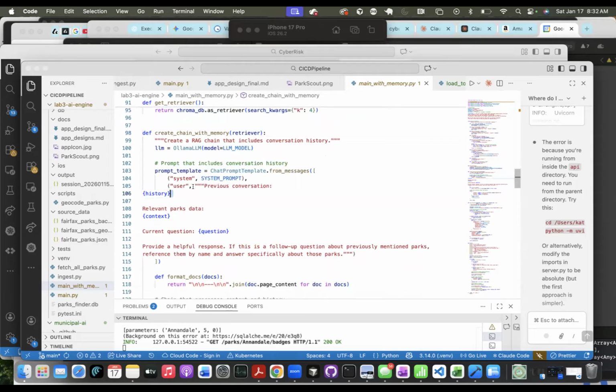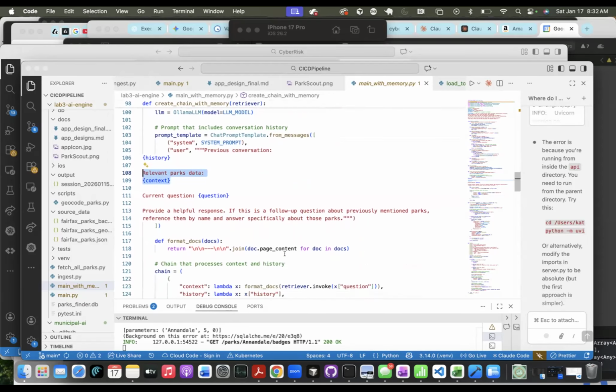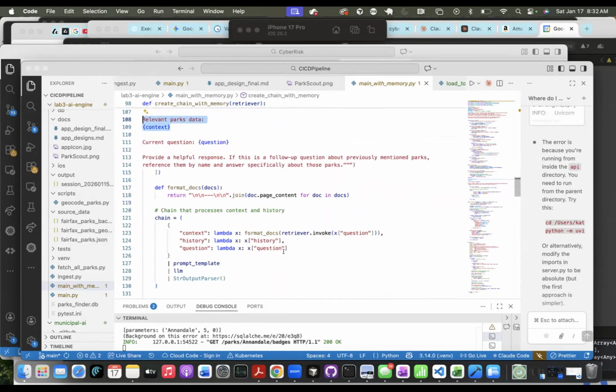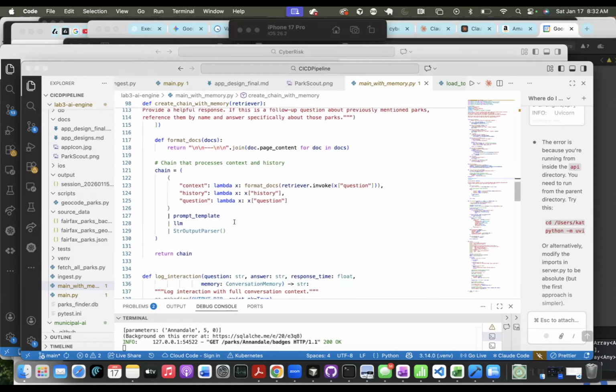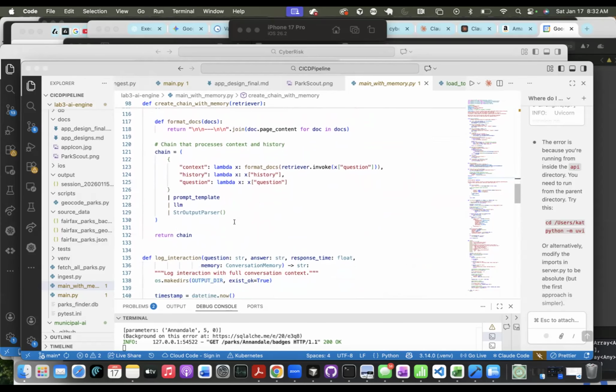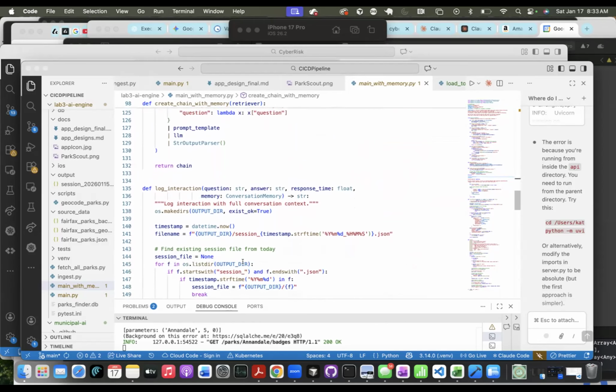This brings in the history of the previous conversation, and then the context, and the current question. I think this is all building up the process for developing the conversation to include all the context and the history.